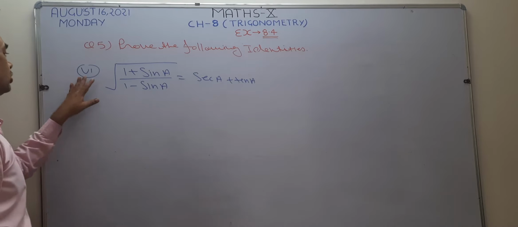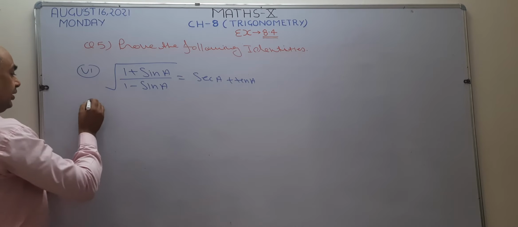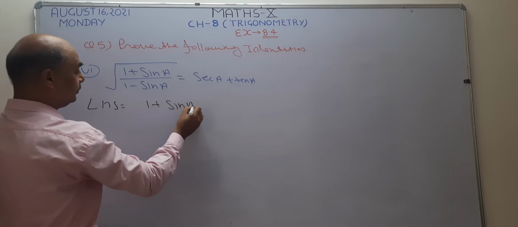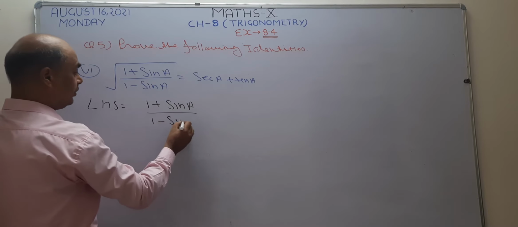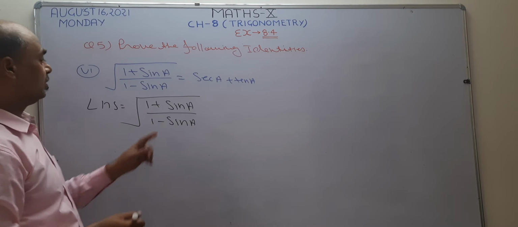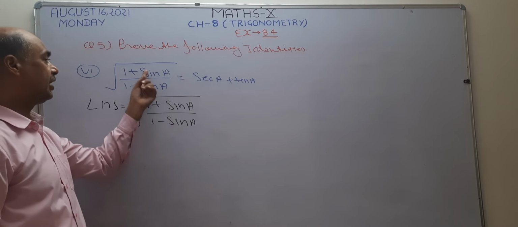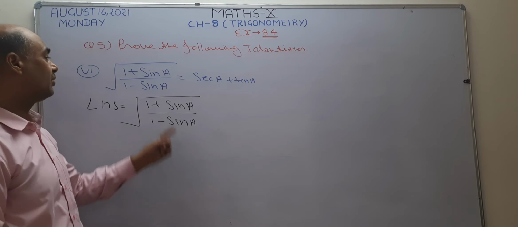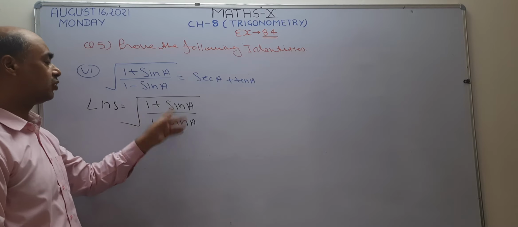Now I want to solve its sixth part by taking the left hand side. I write here the left hand side. In the left hand side what is given? 1 plus sin A upon 1 minus sin A. Now what is the first step? Use an identity. Identity I am not going to use because a square is not there. What is the next step? Convert every term into sin and cos. Already sin and cos are there.